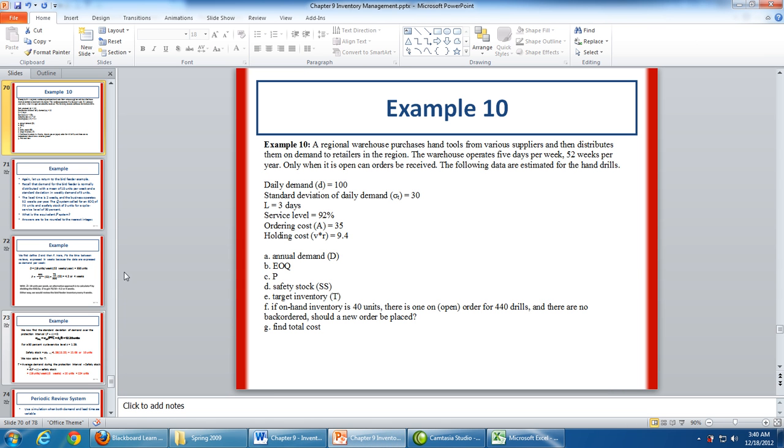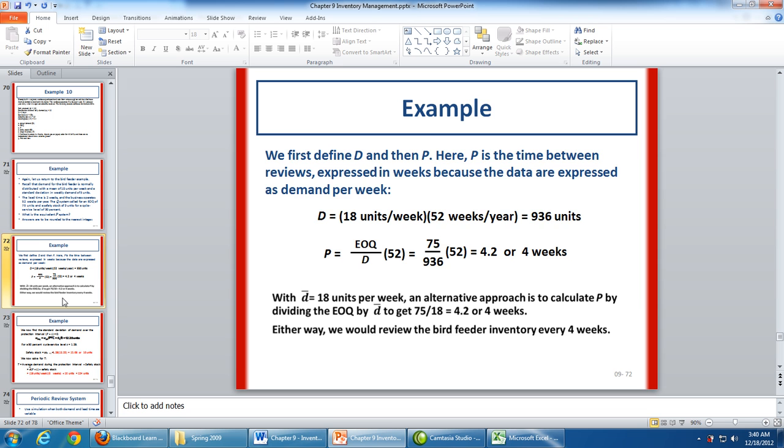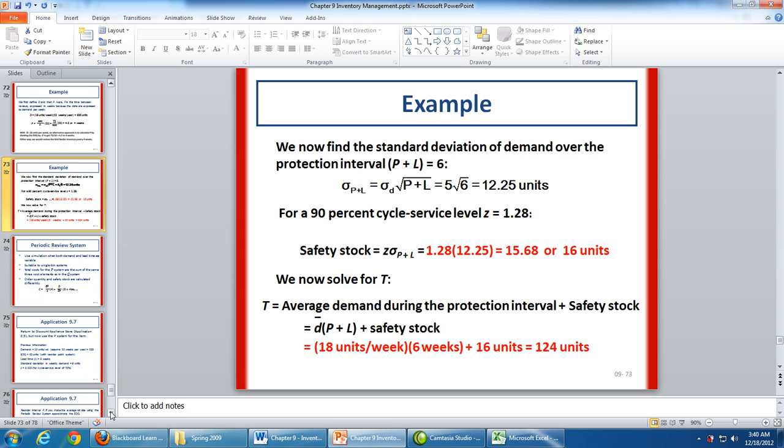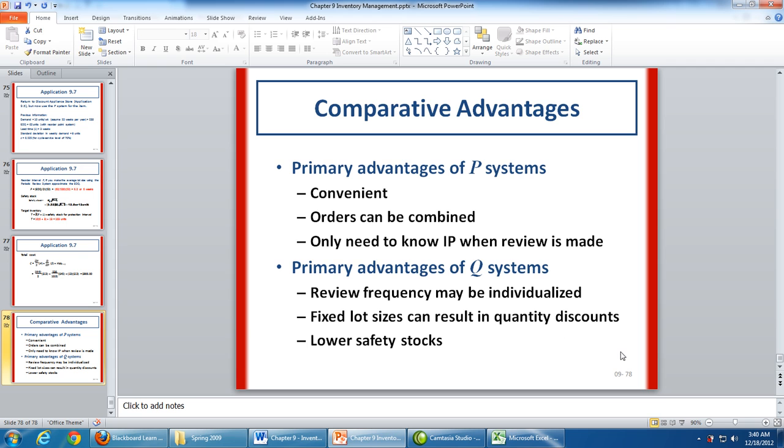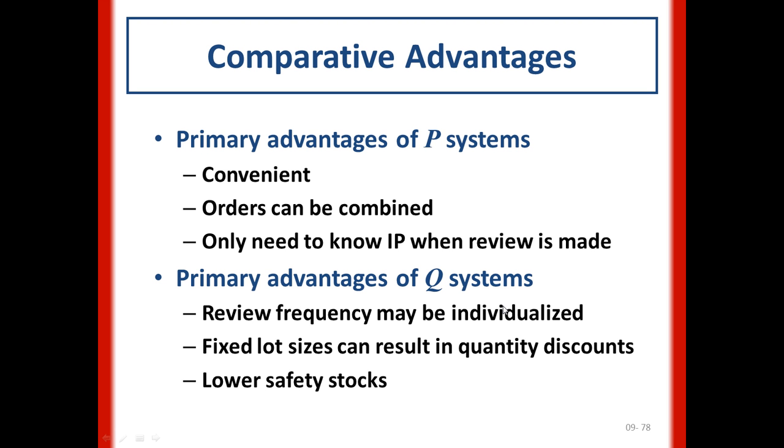Students are also encouraged to study more examples on the slide. Now we have learned a little bit about the P and Q systems. Let's compare the two. The P system is good because it's convenient, because we always know the reviewing period. So it is very convenient to schedule resources, transportation, or the material